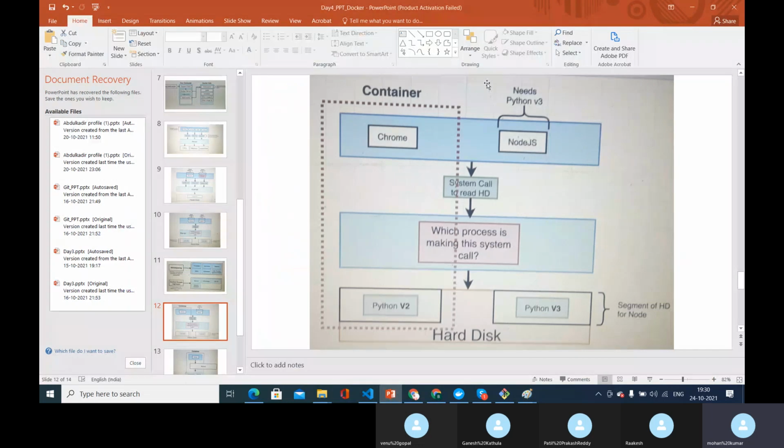Okay, so let's say I want to create a container with Chrome running in it. This is how it will be created. Nothing else will be there in that container, only Chrome will be running on top of it. In a similar fashion, if you want to run a web app, only that web app will be running in that container, and it will have all the resources that are needed to run that web app configured in the hard disk.